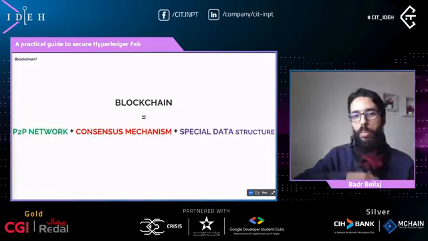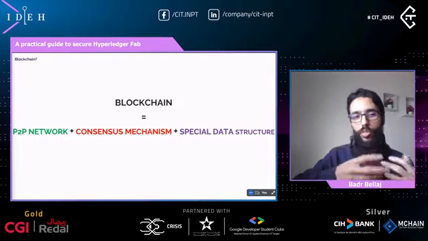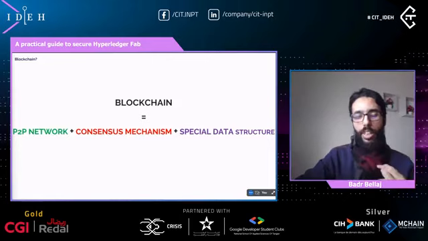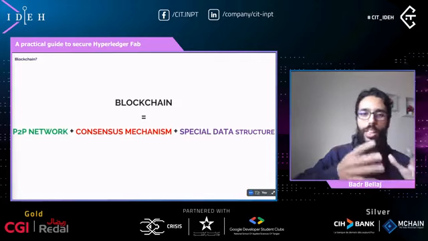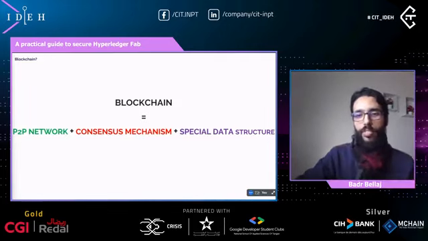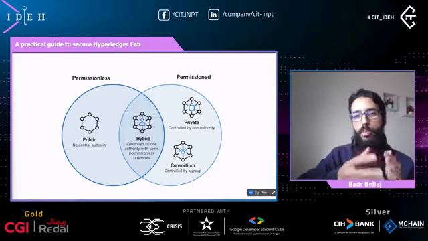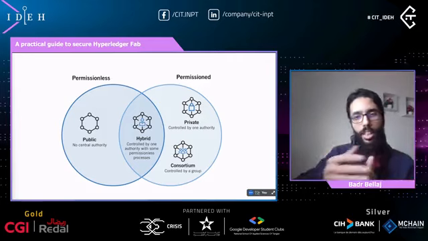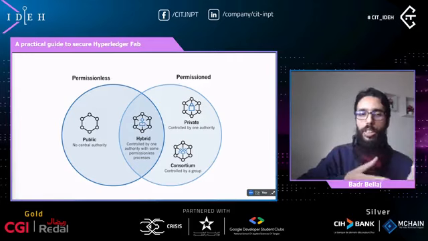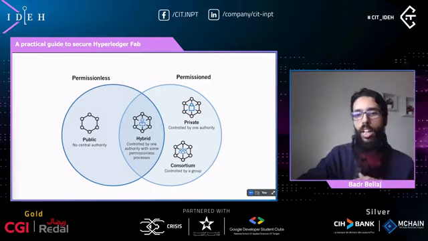So practically, a blockchain is a bunch of components. A blockchain is not a mere database, but I would say that it's the intersection of three main components: a peer-to-peer network, a consensus mechanism, and also a special data structure where data is stored and added in units called blocks. As you might know, blockchain can be categorized as permissioned or permissionless, based on whether participation needs approval or not.